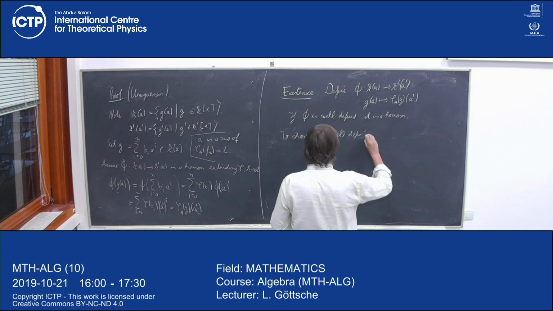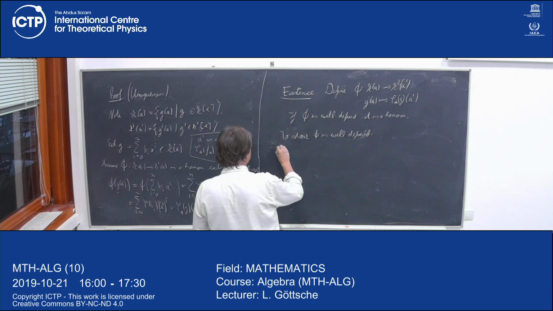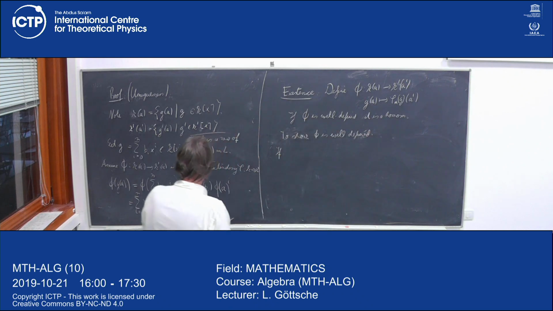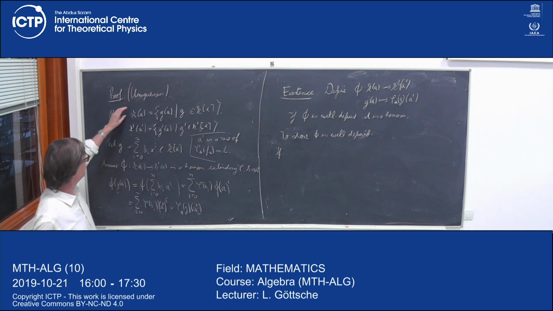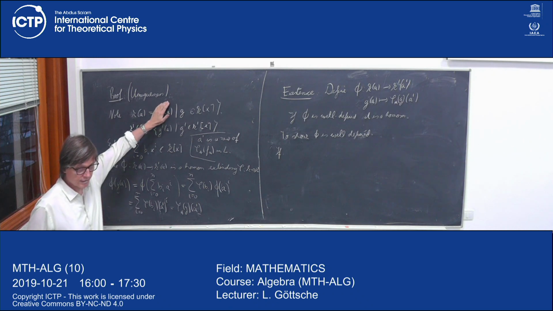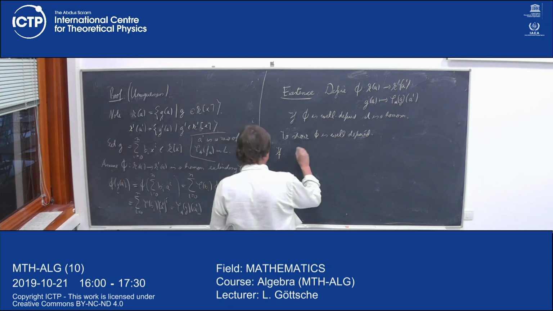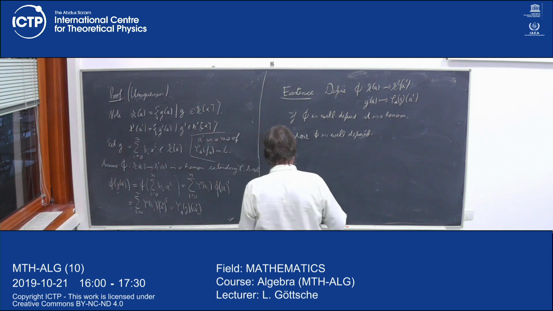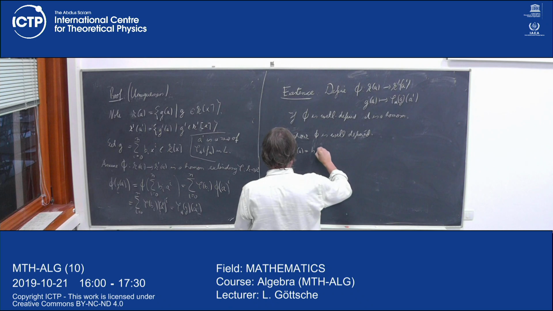Maybe I first show it's well defined. So what does it mean? If I have two different polynomials which give the same g of a, then we should get the same result. So if g of a is equal to h of a,